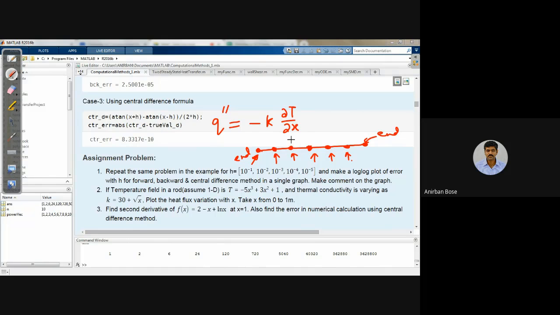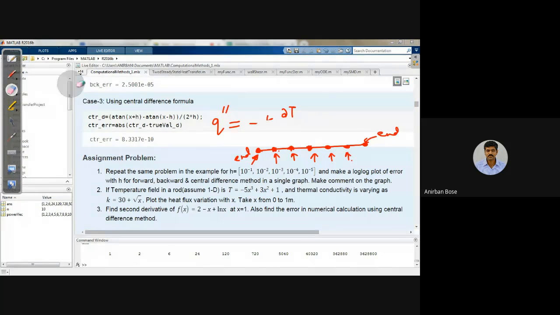In the central difference formula, if this is the point x, you need both x plus h and x minus h, so you need points both forward and backward. So for the intermediate points you can use the central difference formula, but for the end points,